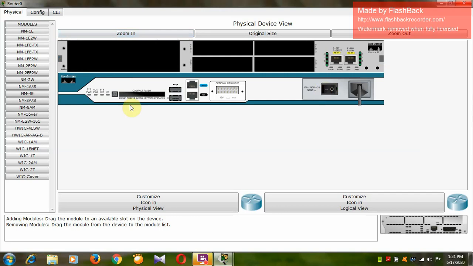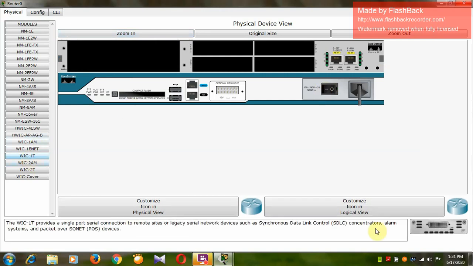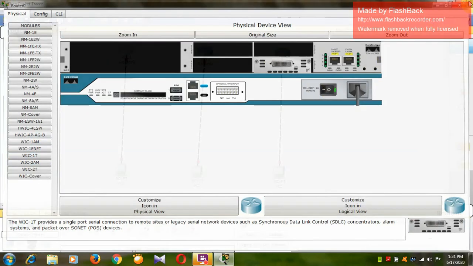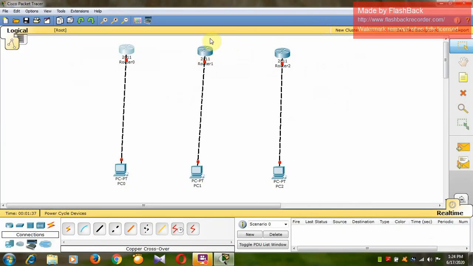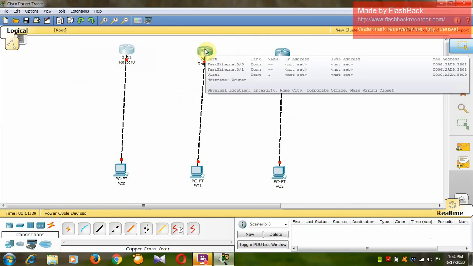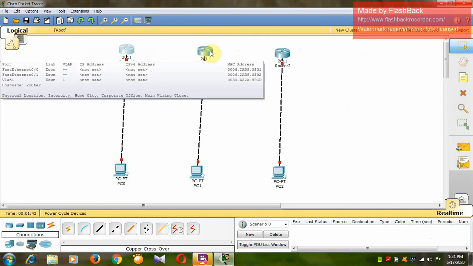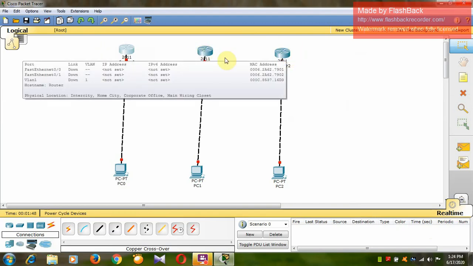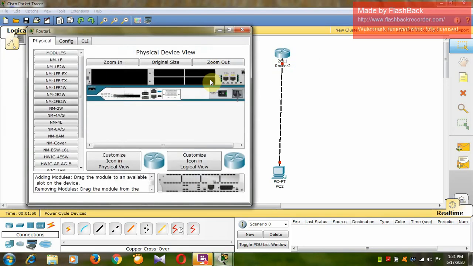First turn off this router. Select the WIC1T card here and drag and drop. Okay. Then again turn on this router. Similarly for this router, since this router is required to be connected to two ports, one from this side and another from this side, we require two cards here.